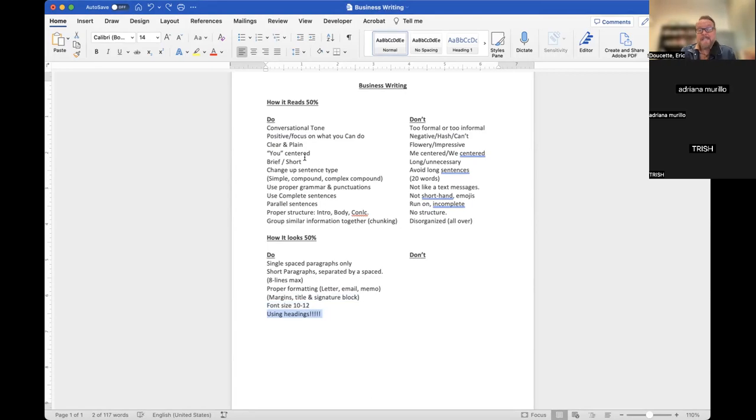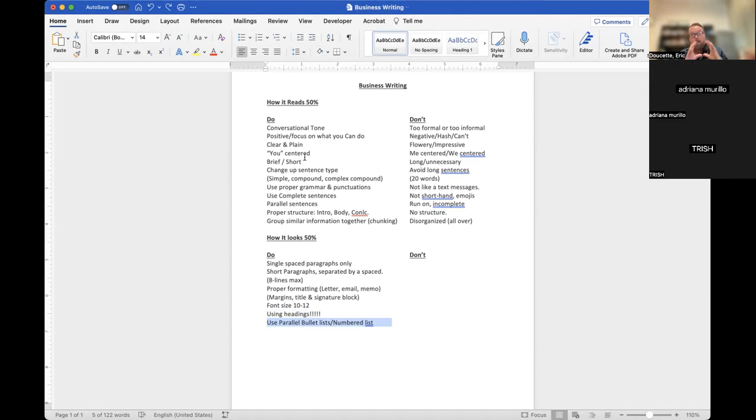Definitely use headings. Now, you know what headings are. They're usually bold, sometimes all capped and underlined little titles over paragraphs or over sections of a document. Students don't use these enough, but they're so valuable when it comes to scannability, because you're telling me in that heading what's in the next paragraph, and that helps me decide whether I even want to read it. So using headings is extremely valuable for scannability, readability, and skimmability of a document. So please use them.